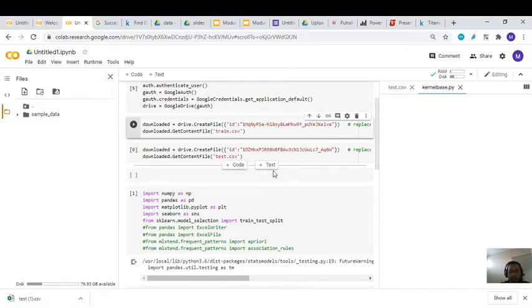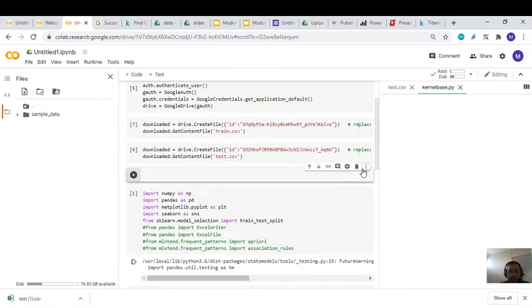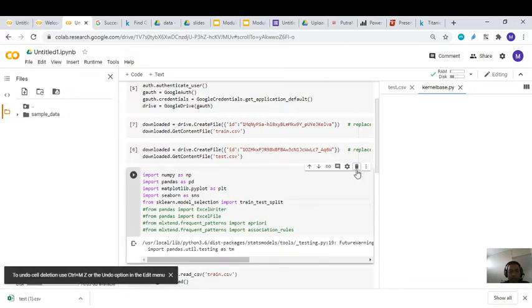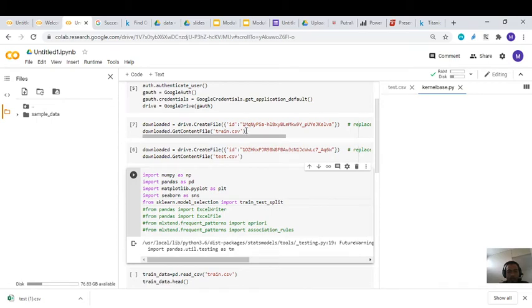Next, after we already got this training data and test data, you can import some libraries. This is the library that we are using, NumPy. NumPy is how we can process our numerical data or matrix data.